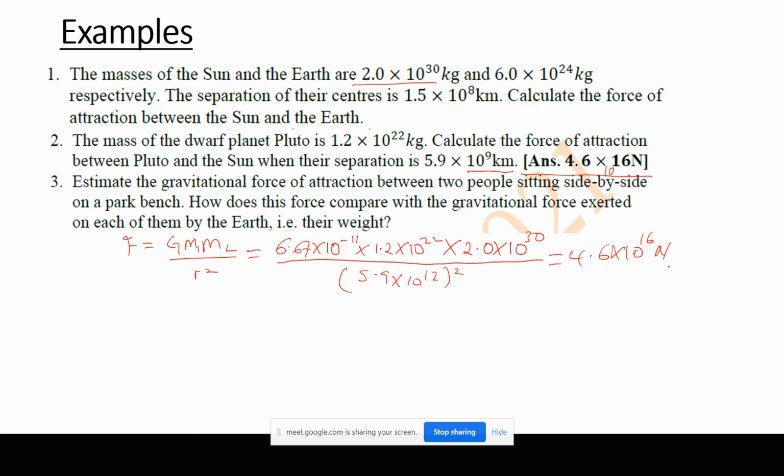Number 3 is yours. I'm waiting for your answers. Estimate the gravitational force of attraction between two people sitting side by side on a park bench. How does this force compare with the gravitational force exerted on each of them by the Earth? That is their weight. First of all, just tell me the estimate of the force between two people seated side by side